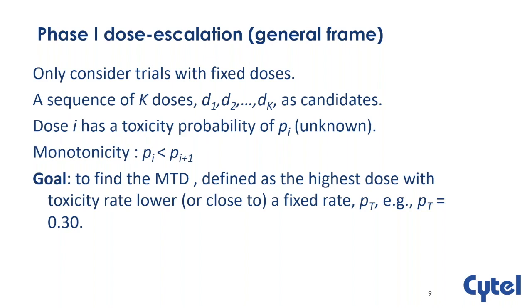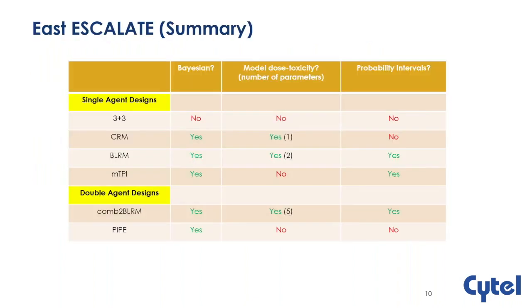For oncology type of studies, this rate ranges typically from 20 to 35%. 30% is a rate that's universally being used, especially when people are using one of the most prevalent methods in the field, which is the 3+3 design. The collection of designs that we have available in EAST range from the most prevalent one that I just mentioned, the 3+3 design, which is a classical algorithmic type of an approach targeting either a 33 or a 17% rate